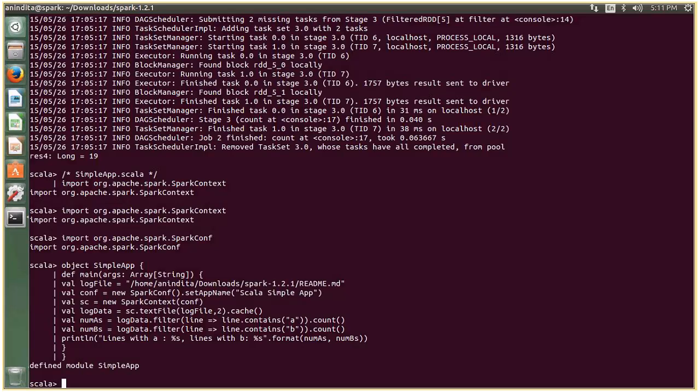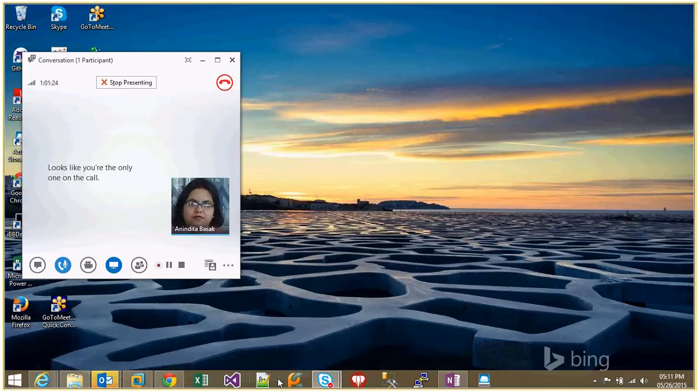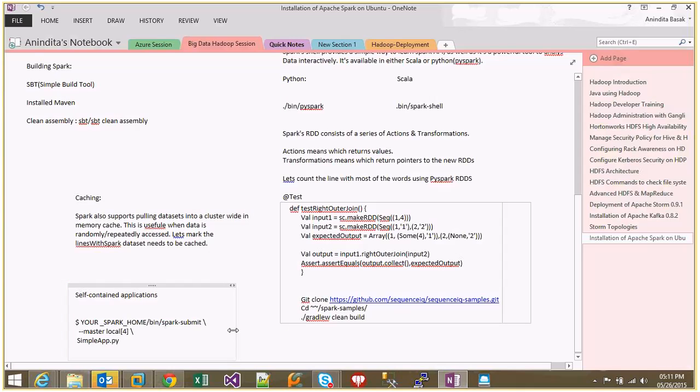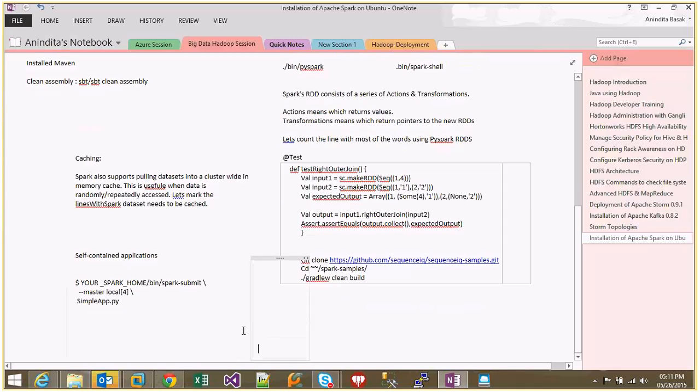So for SBT to work correctly, we need to have a layout like simple app.scala and simple.sbt according to the typical directory structure. Now how should the simple SBT be defined? So your simple SBT could be defined like this. You can just add